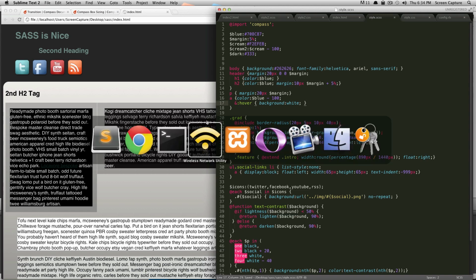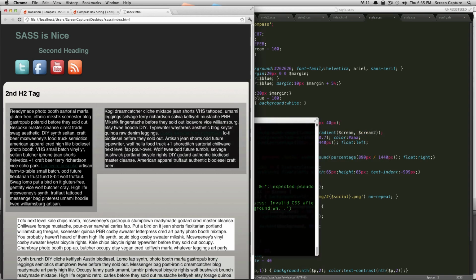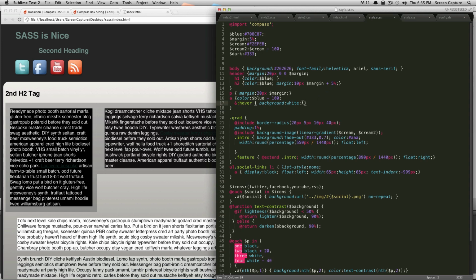So we save this out, go to terminal, refresh this. Okay, cool, it's your pretty standard hover state like you're used to. So now we want to add a transition to this hover state. If you don't know about CSS3 transitions, you have to add the transition to the original state of the object. So if we're going to have this anchor tag change on hover, we're going to add the transition to the